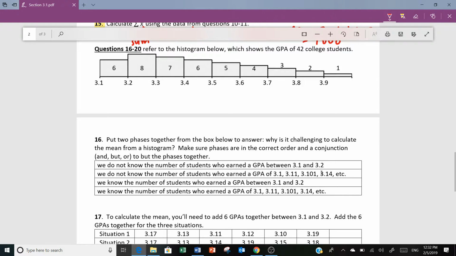But you do not know the number of students who are. So I think one of these two first, and then, okay. We know the